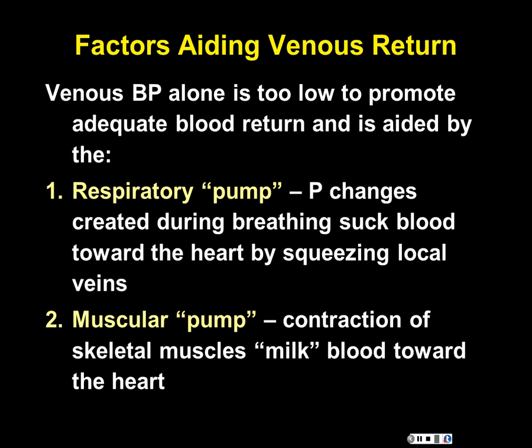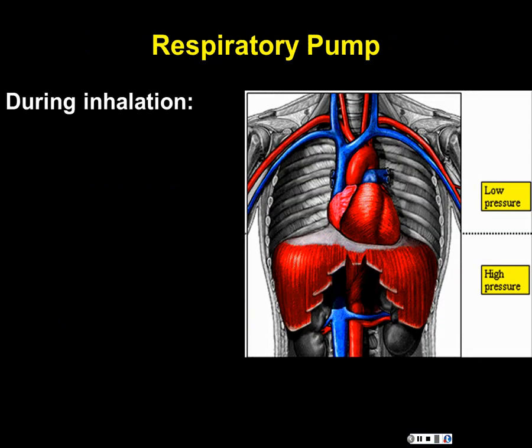Just moving. Okay. So if you have poor circulation, you could move. Or if you're immobile, someone could give you a massage, right, and help return the blood back to the heart. So let's look at the respiratory and the muscular pump. Okay. The respiratory pump is illustrated as you breathe. Okay. For some reason,